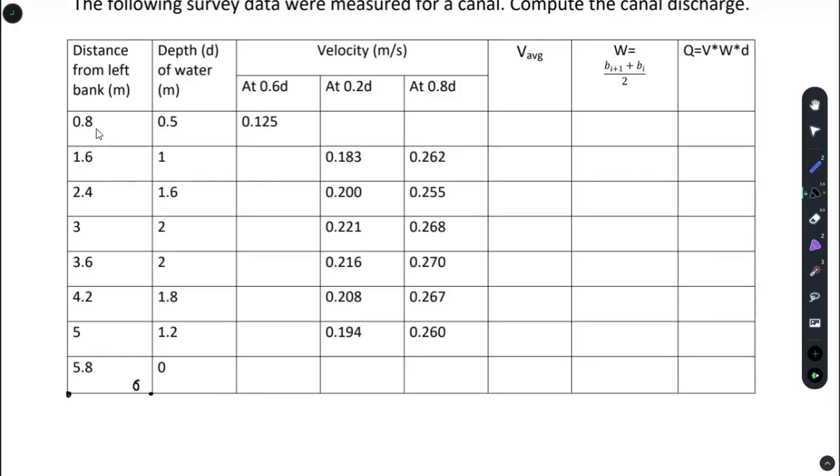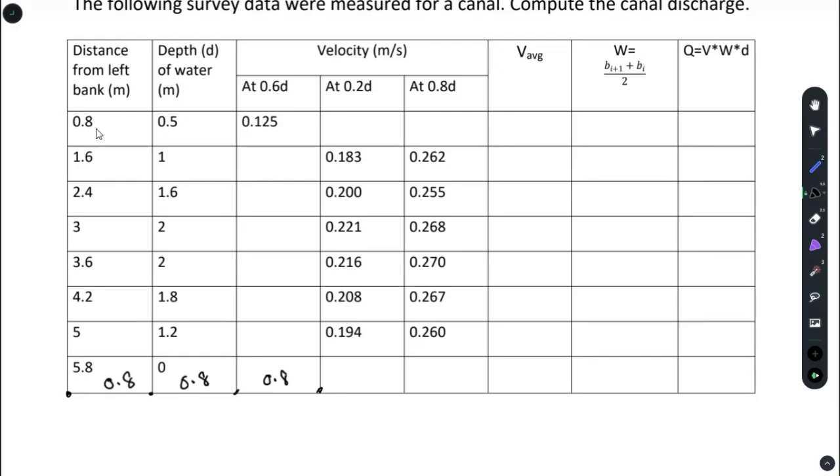So the width is 0.8, and the next one would be 0.8 as well, because the distance from 0.8 to 1.6 is 0.8, and the distance from 1.6 to 2.4 is 0.8 as well,